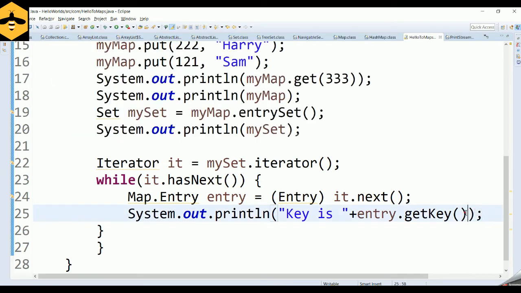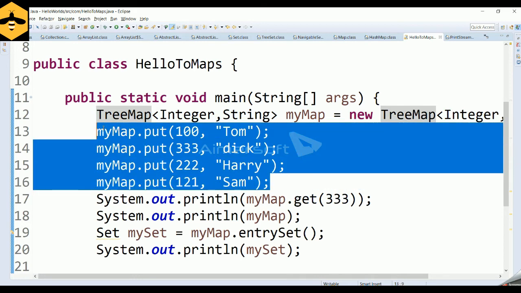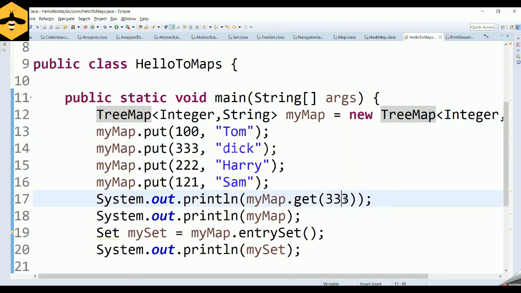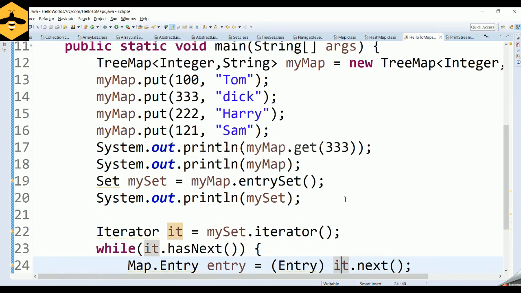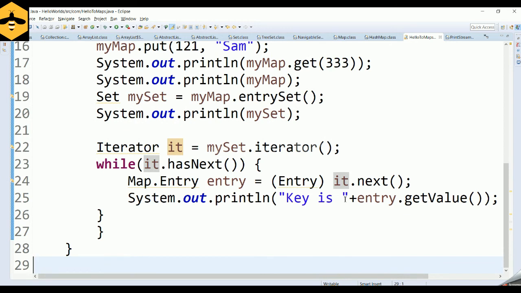If you wanted to print the value, you can also make use of the method getValue. This will print the values which are there in your map. To reiterate what we have seen about the TreeMap implementation of the Map interface: how to insert elements in the map, and in what way TreeMap is different from HashMap. It is different in terms of sorting the elements by key in ascending order. Even though you don't order it, the map will order it, and even when you iterate it, it will give you the same order.